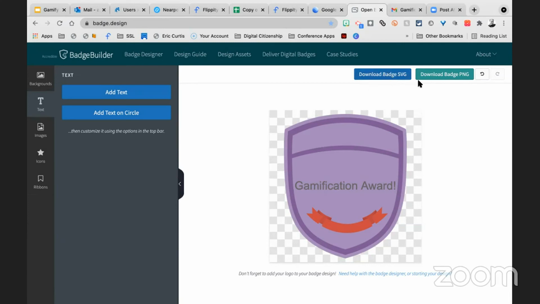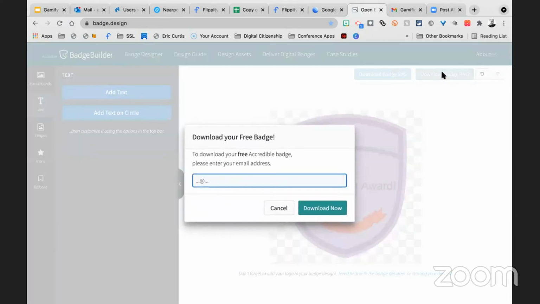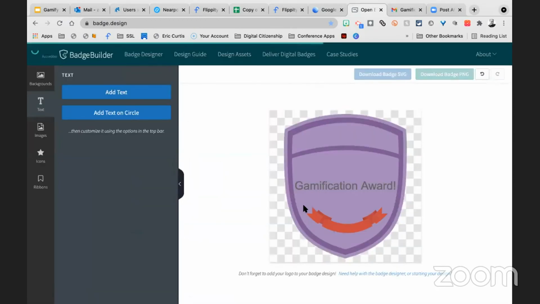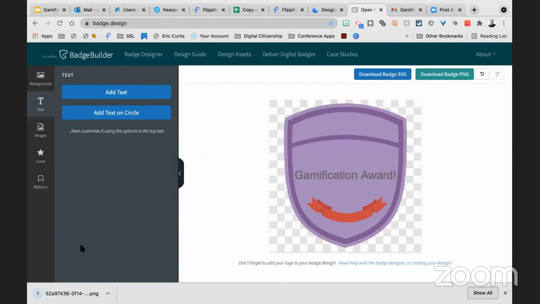So now all I have to do is download this badge. I'm going to put my email in. And now I'm going to download it, and boom, now I have my badge. I can send it to other students.